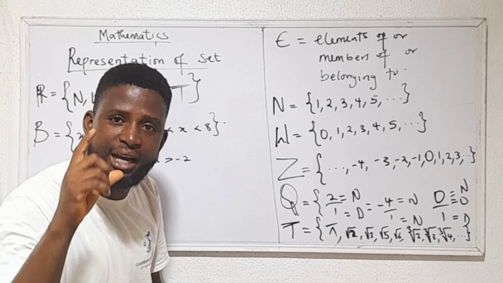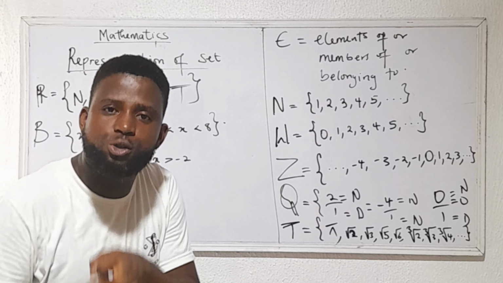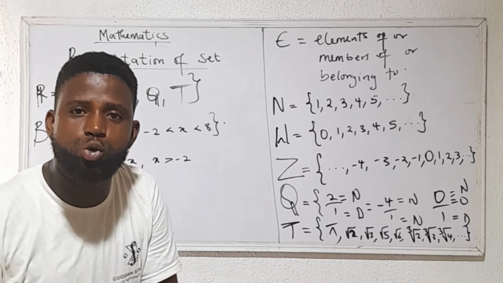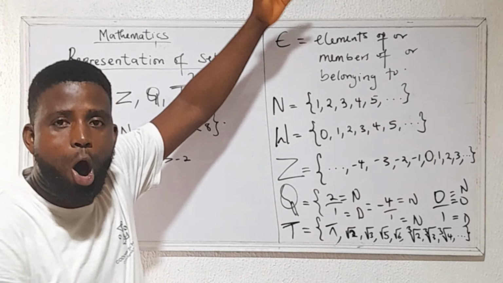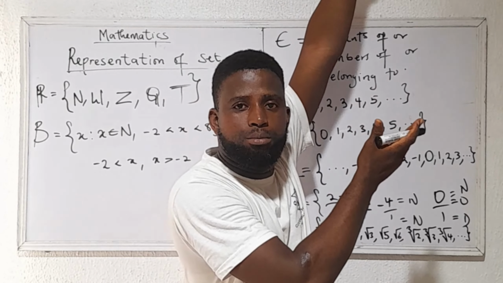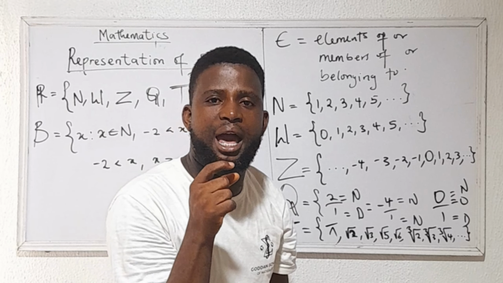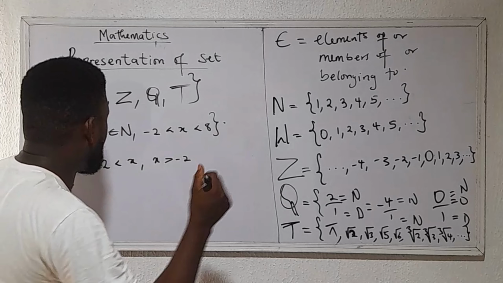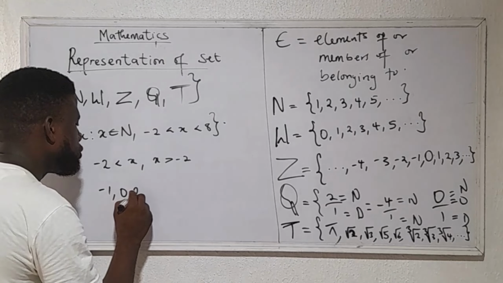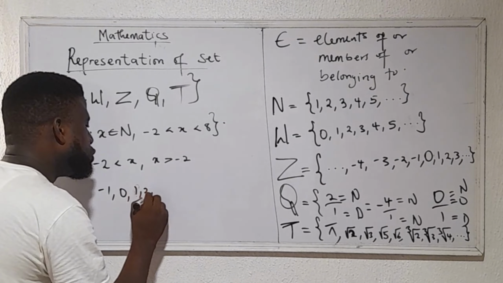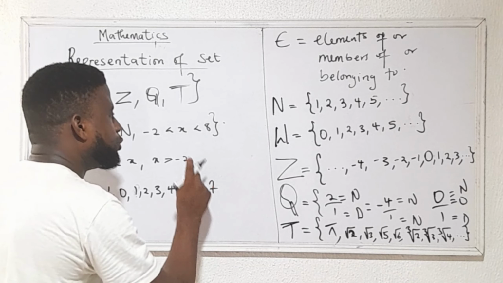If minus 2 is less than x, it simply means that minus 3 is also less than x. Minus 4 is also less than x. Minus 5 is also less than x. Minus 6 is also less than x, up to infinity. All numbers from minus infinity up to minus 2 are less than x, which means that our x begins from what? Minus 1. So we have minus 1, 0, 1, 2, 3, 4, 5, 6, and 7, because we're